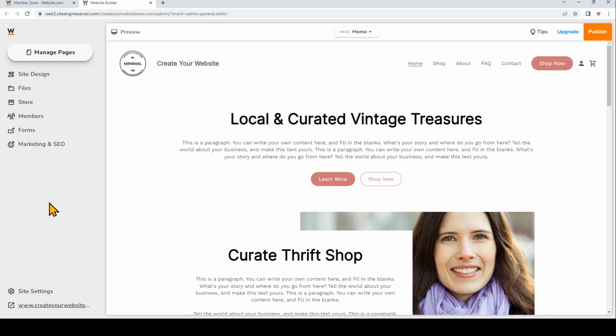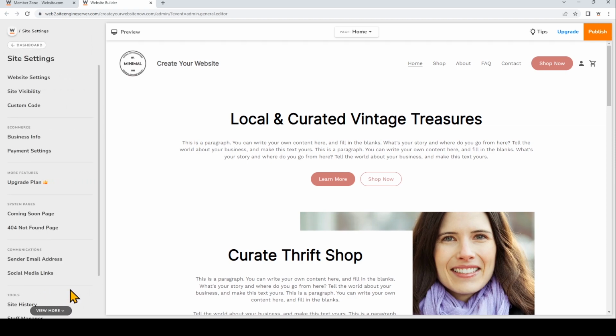All website.com Elite plans and above allow you to restore saved versions of your website. With all website.com plans, a saved version of your website is automatically created every time you publish or reset your website. But with Business Basic plans and above, you can also choose to create a saved version of your website at any time. So to create a saved version of my website, all I have to do is click Site